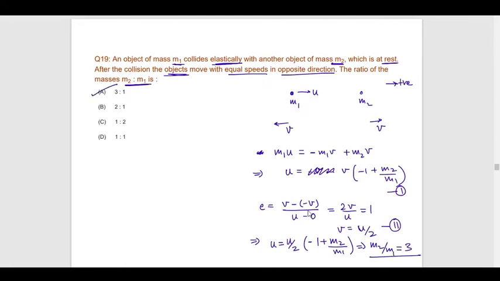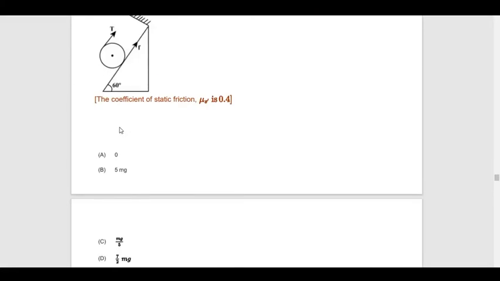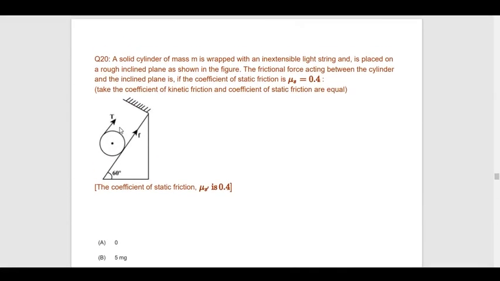So option A becomes your correct answer. So let's observe our next question. This question says that a solid cylinder of mass m is wrapped with an inextensible light string and is placed on a rough inclined plane as shown in the figure. The frictional force acting between the cylinder and the inclined plane is, if the coefficient of static friction is this value,